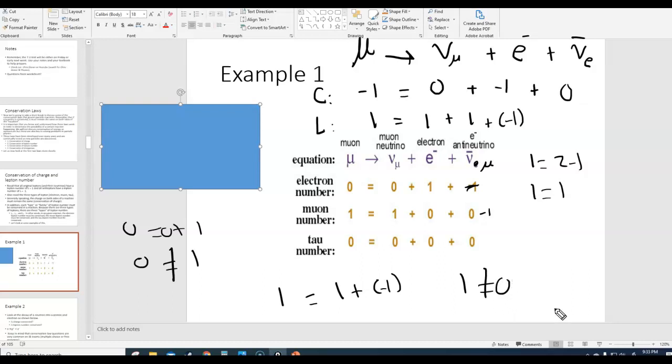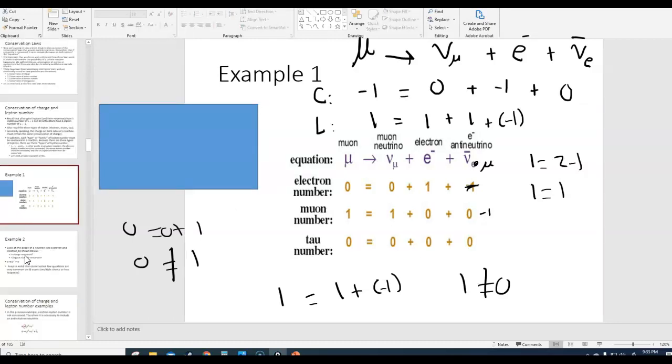Okay, so the reaction as written is actually a feasible reaction, but I could very easily make a small change and change the type of one of these leptons and throw the whole thing off. Okay, so we have assessed that this reaction is a feasible reaction because it does not seem to violate any of the conservation laws we've talked about. Now there's two other conservation laws, baryon number and strangeness, but neither of those apply in this situation. Okay, so we are good on this example. Pause there if you need to look at that some more.